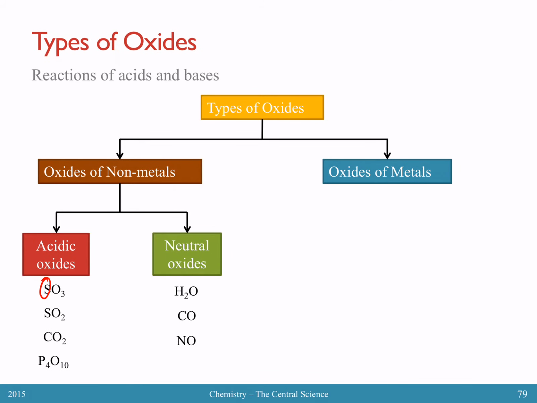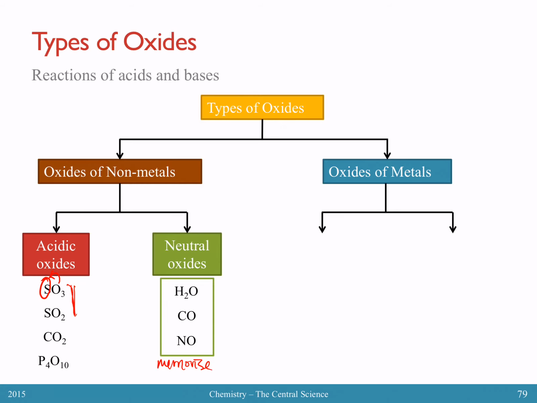So what does it mean by an oxide of non-metals? So you see sulfur is a non-metal, right? Since there's oxygen there, this is the oxide of sulfur. There are different kinds of oxides for a particular compound, as can be shown here. It can be SO3, it can be SO2. They are both acidic oxides. For your neutral oxides, there's only 3. So you must memorize these 3. If they give you an oxide that's of a non-metal and it's not these 3, it means it's an acidic oxide. Okay, can?